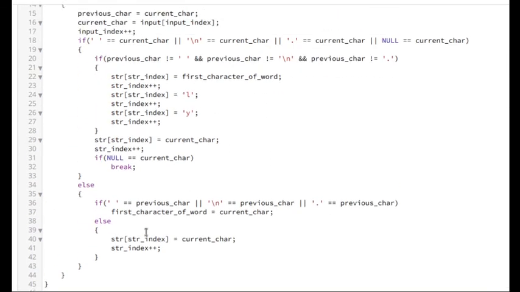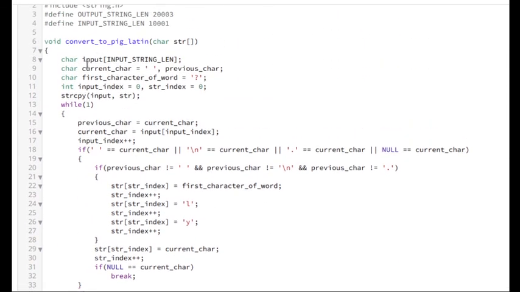But then how does this convert to pig Latin function work? It creates a temporary string to remember the original input, because we are planning to store output in str, and hence we are remembering the original input here. Then we have a few variables which help us keep track of the index of the input and the index of the str. This might not be the same, right, because we append ly, that's why we need two different indices.